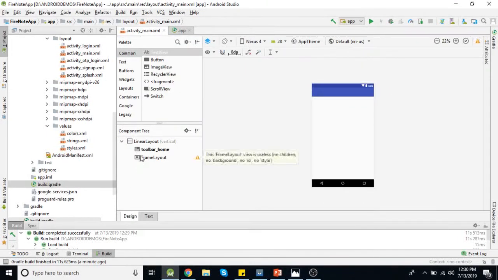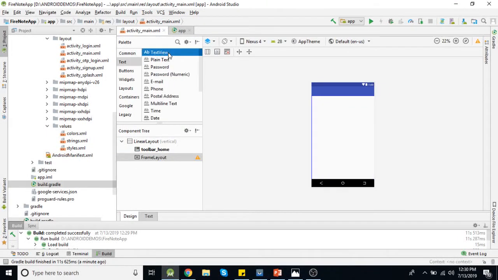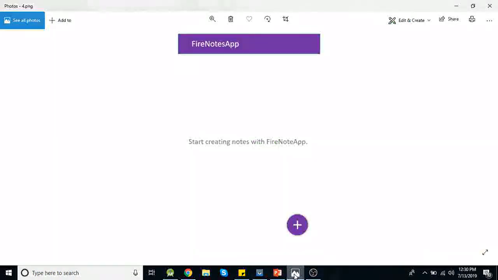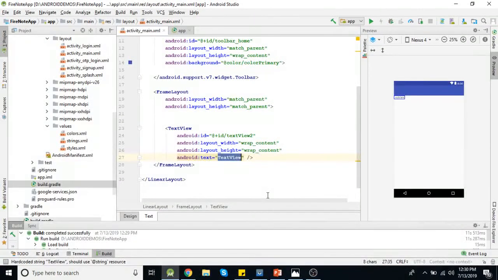So first I am going to add a text view from here. The text will be start creating nodes with fire node.